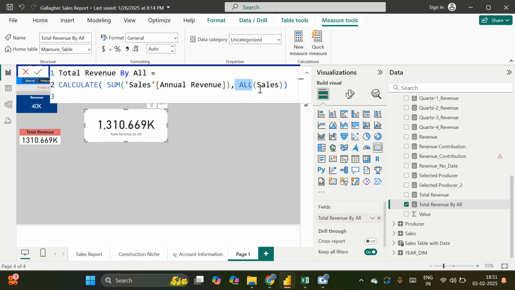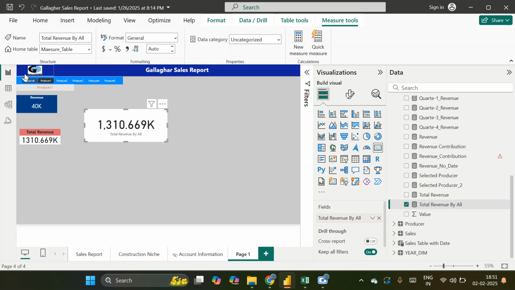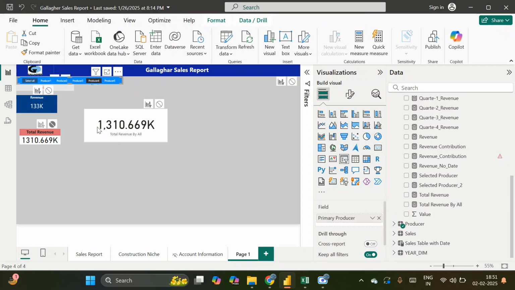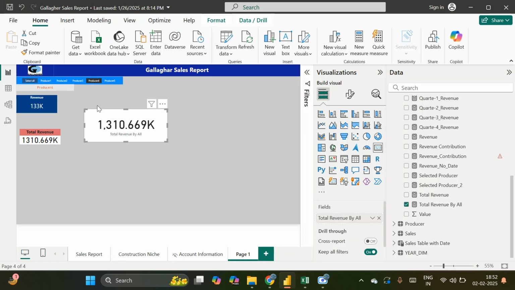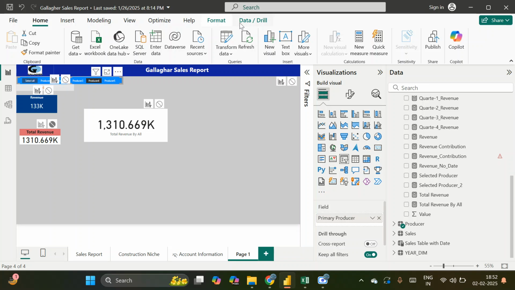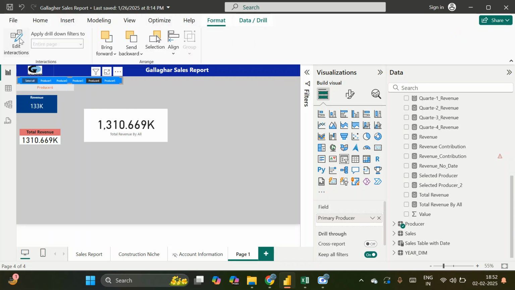What this ALL DAX function will do is remove any filter that is going to impact the sales table, which we discussed in the previous class. And because of that, if I select any of the producers, the value inside this card will remain the same, and that is